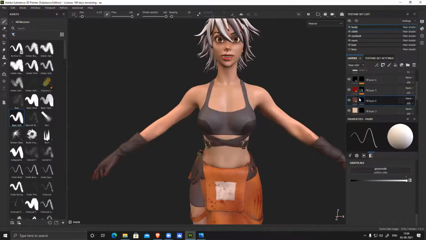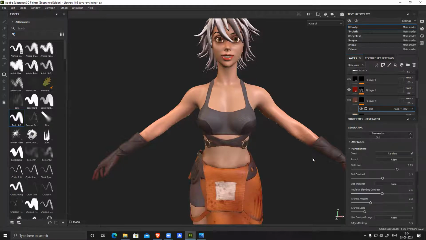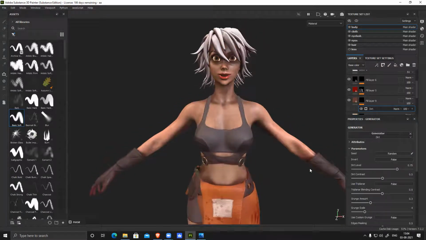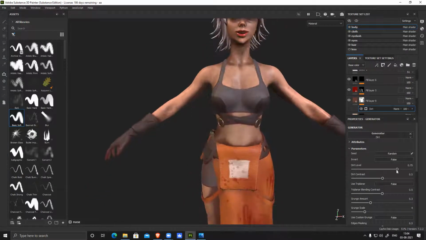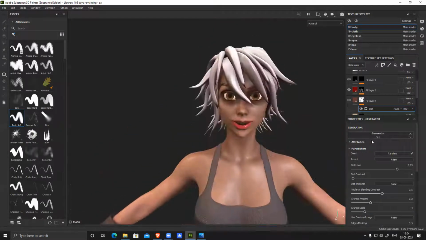Add a black mask and add a generator, and then I can use dirt. So I'm basically using this dirt as my tonal variation. I'm not going to use this dirty looking thing. Contrast, I'll reduce, make it really soft and smooth. Dirt level, I'll reduce.